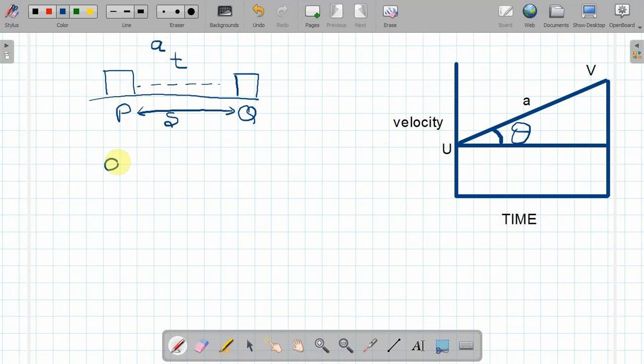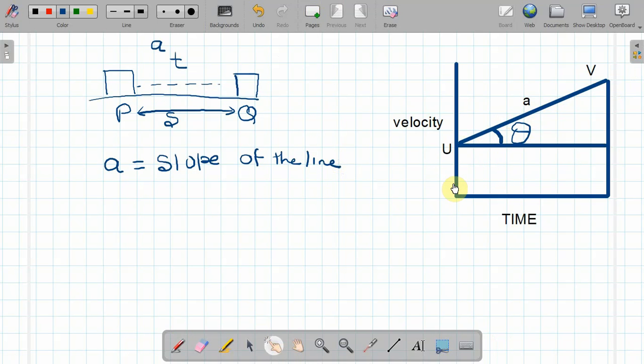acceleration is equal to the slope of the line. So which is the line? This is the slope of the line. We are talking about this line's slope. As per the fundamental definition of acceleration, acceleration is the rate of change of velocity. So if we apply the trigonometrical function here in this triangle, how will it work?